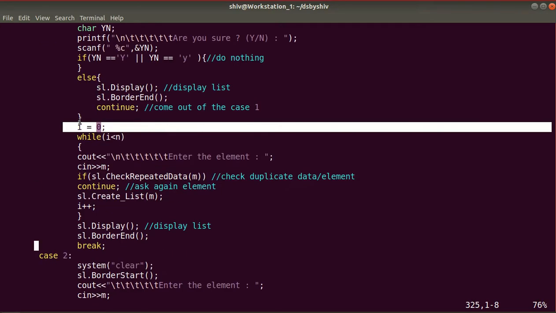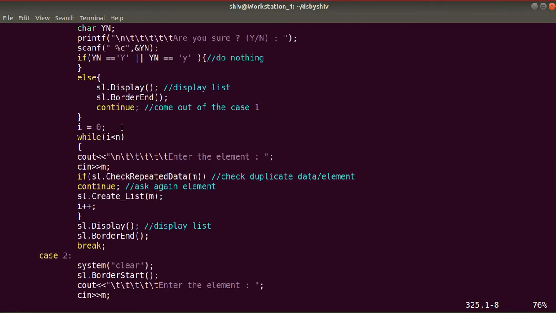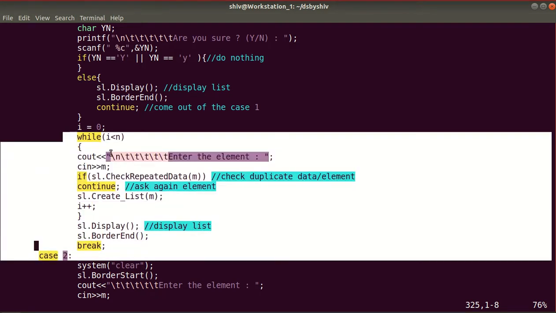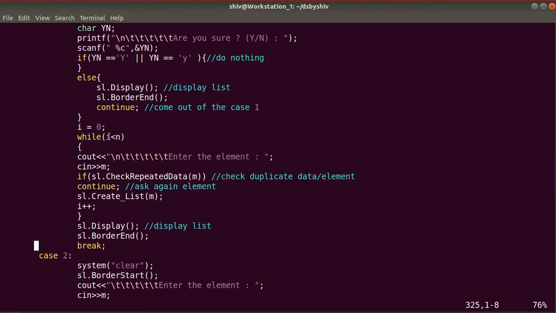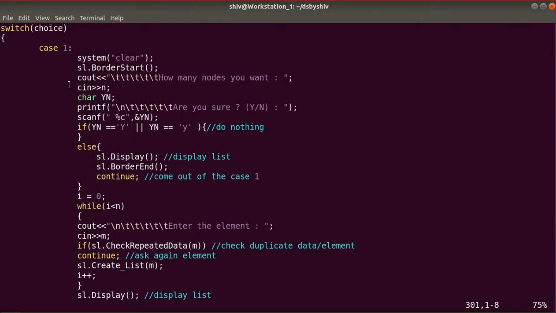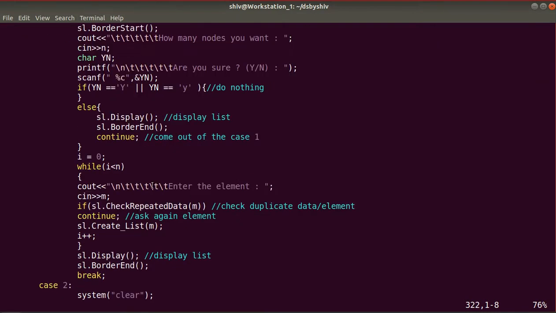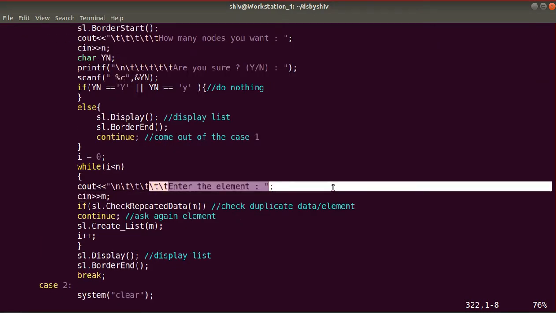We'll take integer i and initialize it to 0. Now the while loop will run as long as this condition is true, meaning i will be less than n, where n is the value entered by the user for the number of nodes. Here we will ask the user to enter the element he wants to insert.